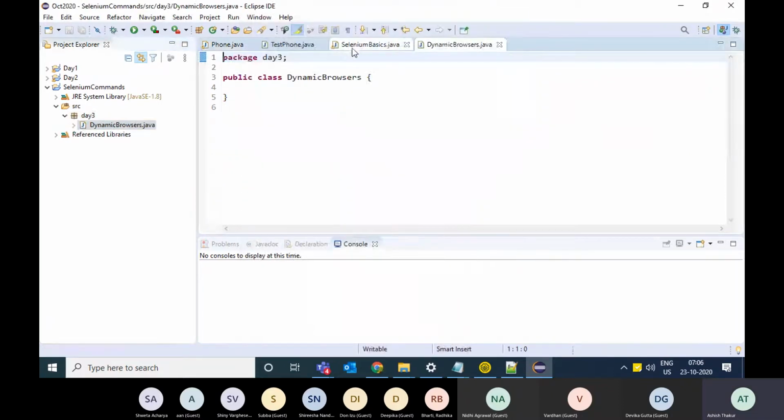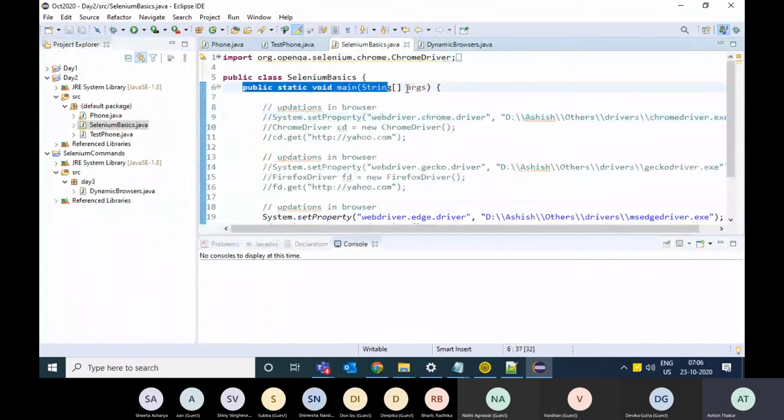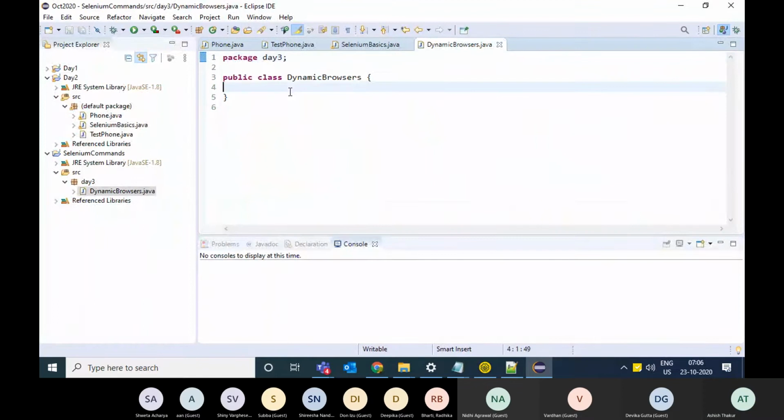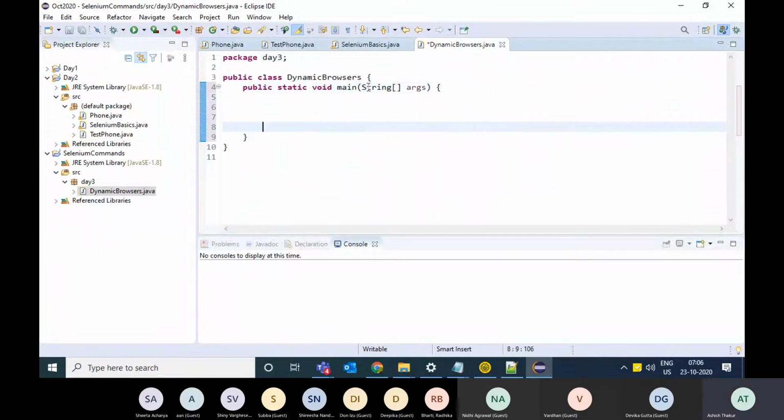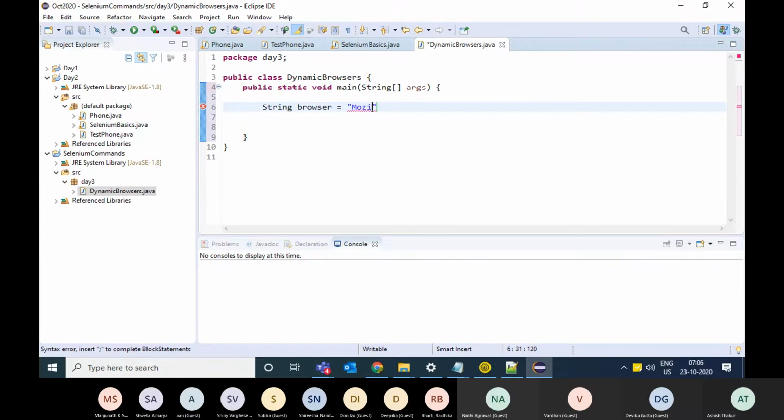What I mean to say is that we generally write a code like this. That is, we take the browser name, and whatever script you write after that, this particular script will be executing on that particular browser.